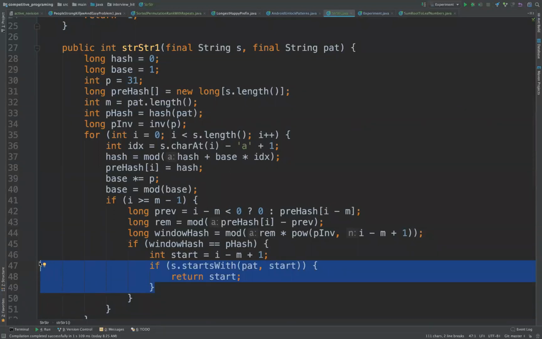Now the complication starts when you want to calculate the hash of a substring. In Java, strings are immutable, more so than in most programming languages. So if you want to calculate the hash of a particular substring, you will first call the string.substring method, pass the indices into it, and then calculate the hash of it. Yes. That part will also take time complexity of O of n. So your solution will become O of n square again.